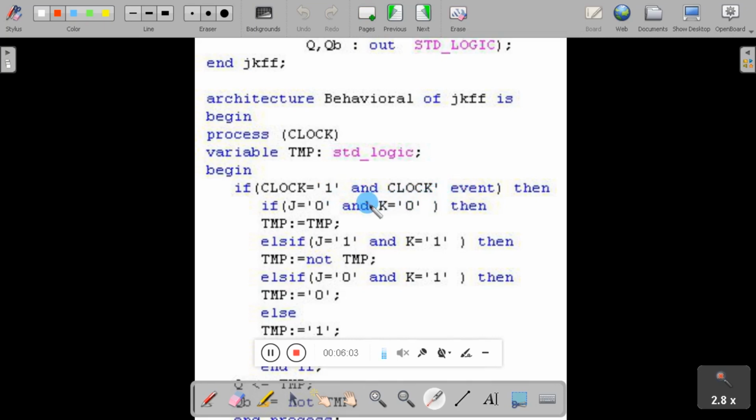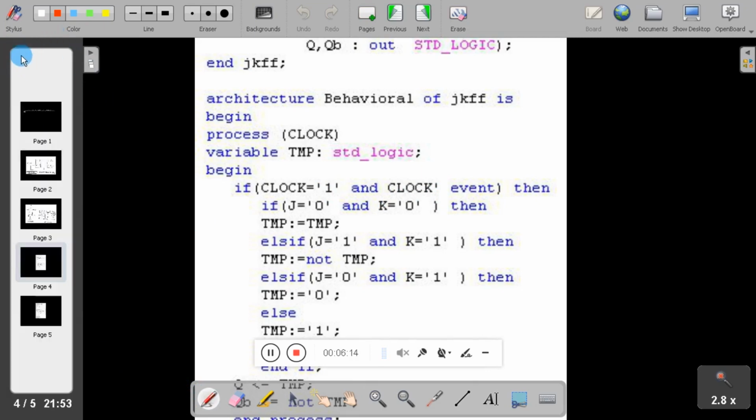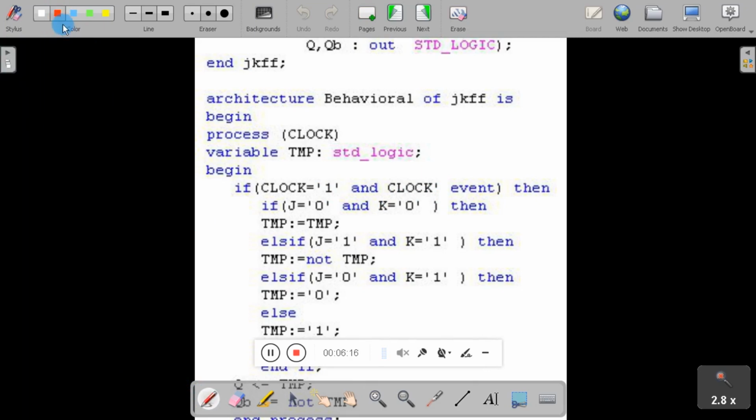What do you mean by clock tick event? Clock tick event is something like, you know, the clock signals, normally a clock signal looks like this.